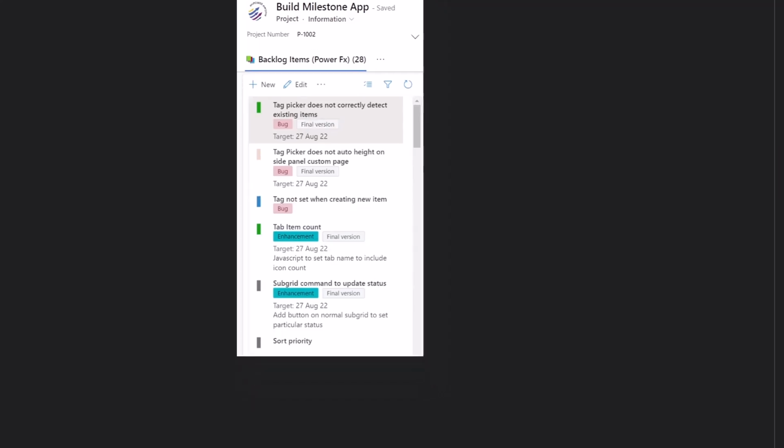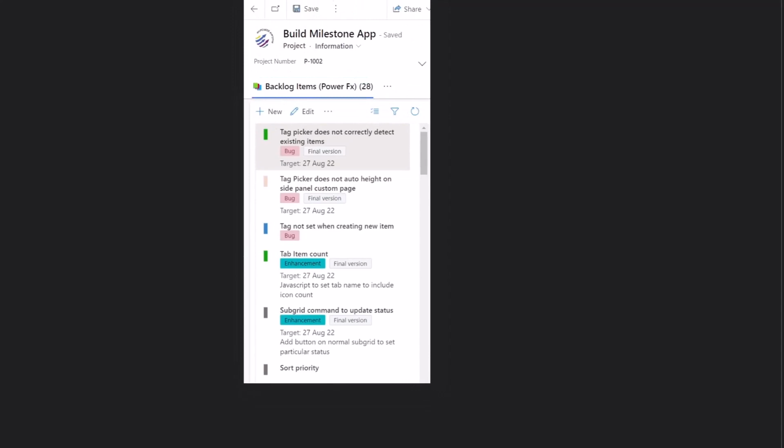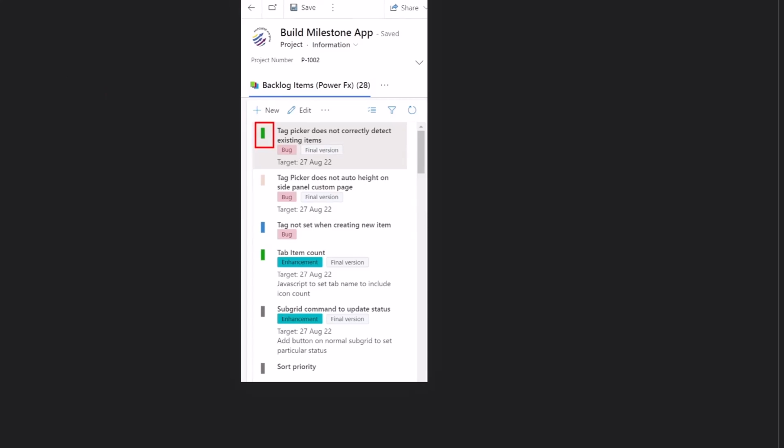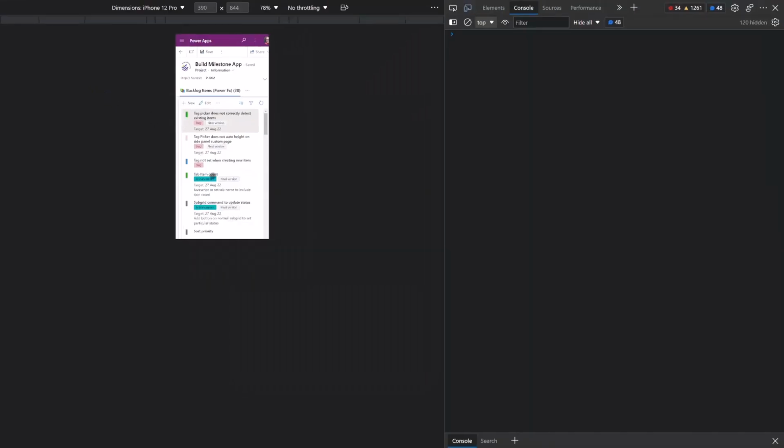You just scroll up and down. Also, instead of a large status indicator, it's collapsed down into a much smaller icon. You'd then interact with that in a touch way.